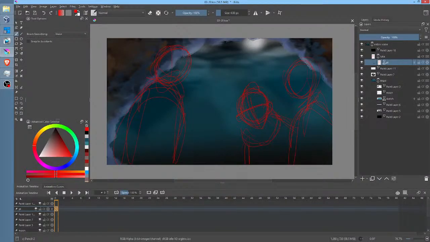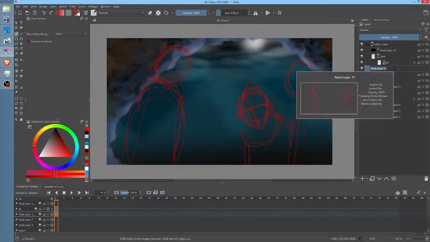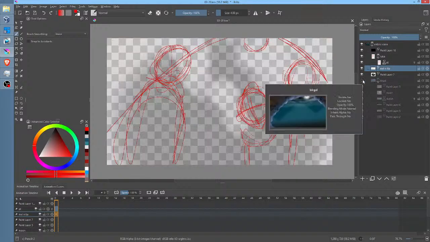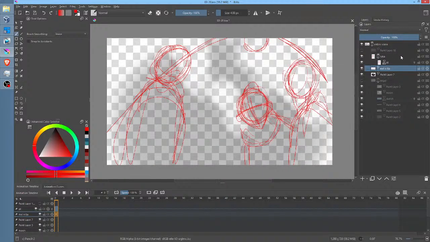And now the first thing we're going to do is think. We've got a situation here where we know we're going to have these overlays. And I'm just going to call this Mel and Tia. So they're just in the foreground. Now that we have this, we can put the arc of the cave and even an indicator of the moon. We can put that in the drawing, in this little sketch here, so I can turn the background off and everything will be a little cleaner to work with.